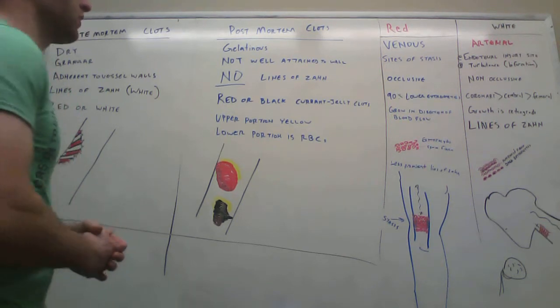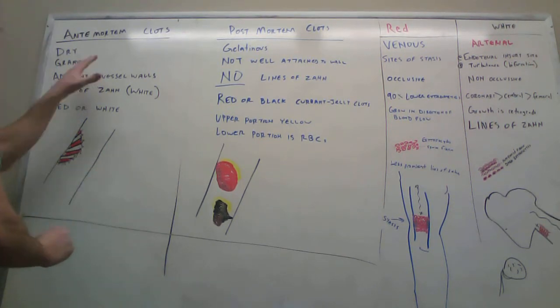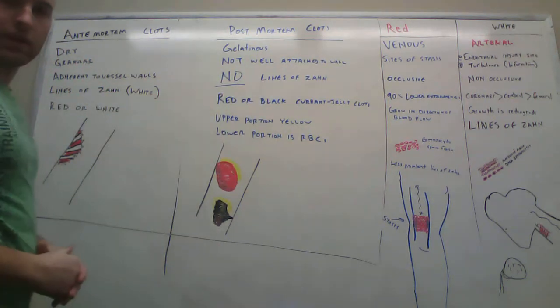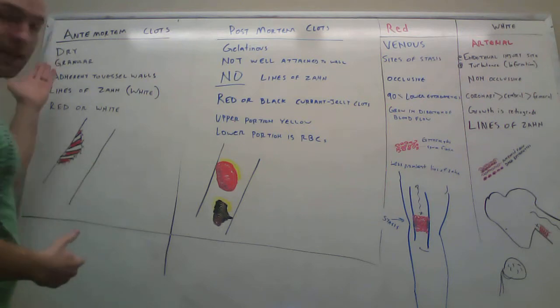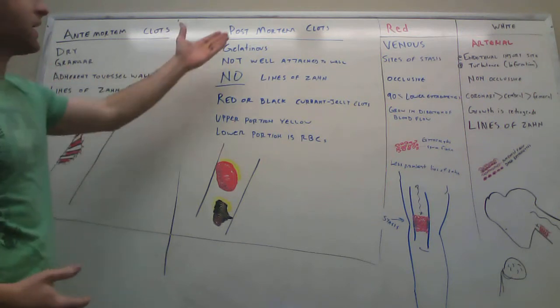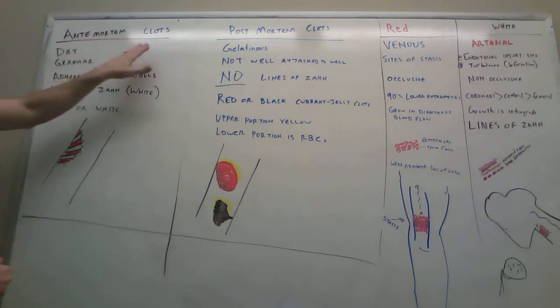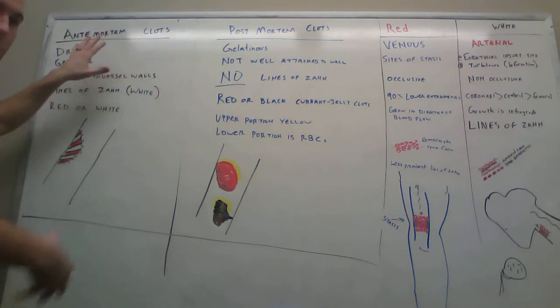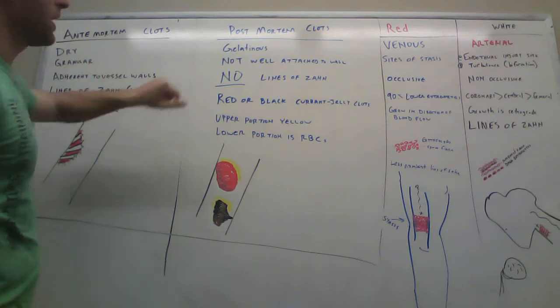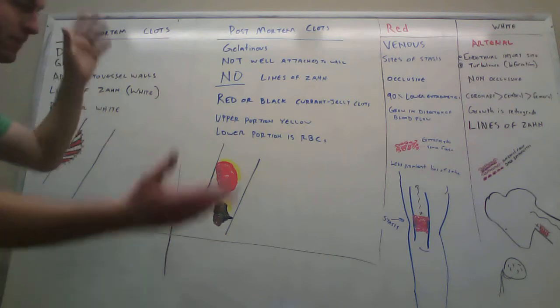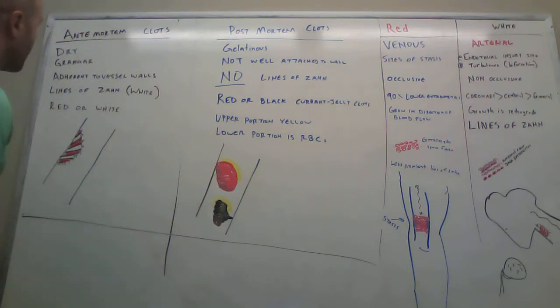First of all, the division that we look at is between ante-mortem and post-mortem. Mortem, or mort, means death, and ante means before, and post means after. So when we're looking at ante-mortem clots, we're looking at blood clots that happened before someone died, and a post-mortem clot is a blood clot that occurred after someone died. It's my best assumption. So, looking at these clots, first of all, the ante-mortem is